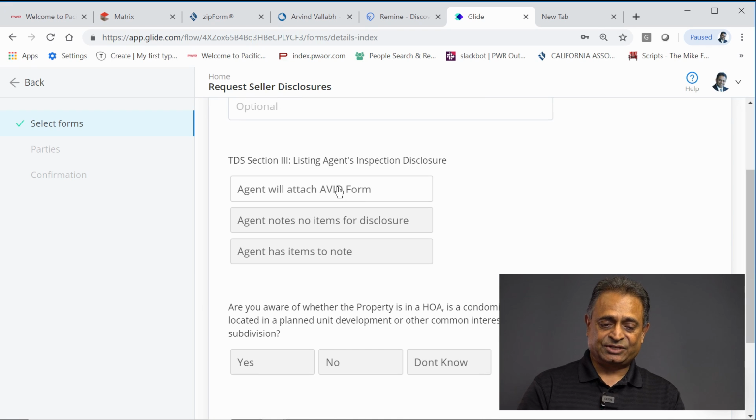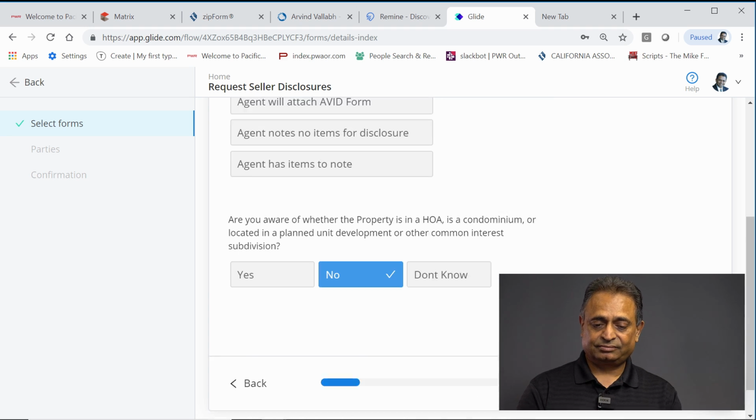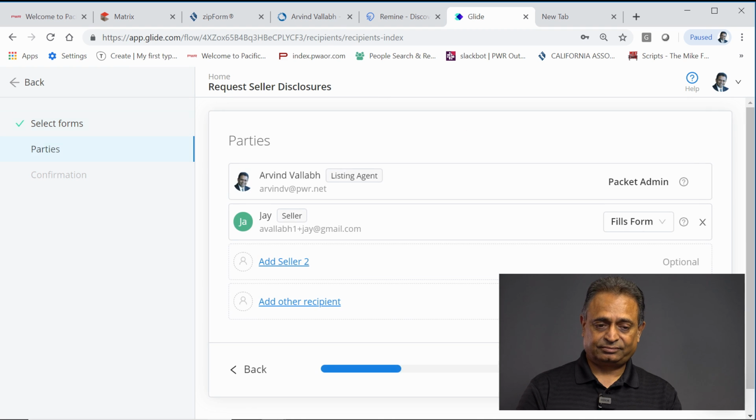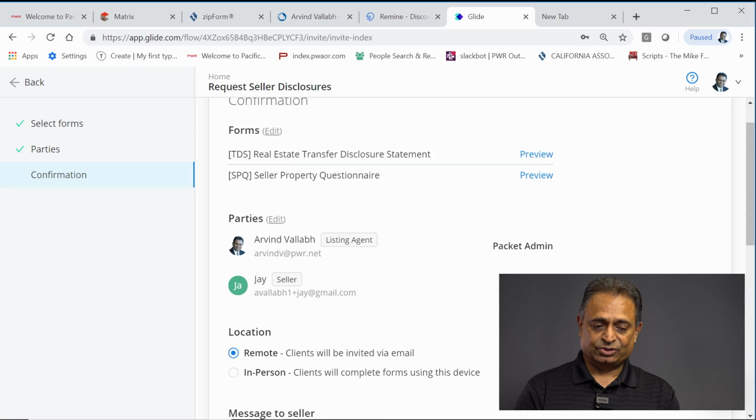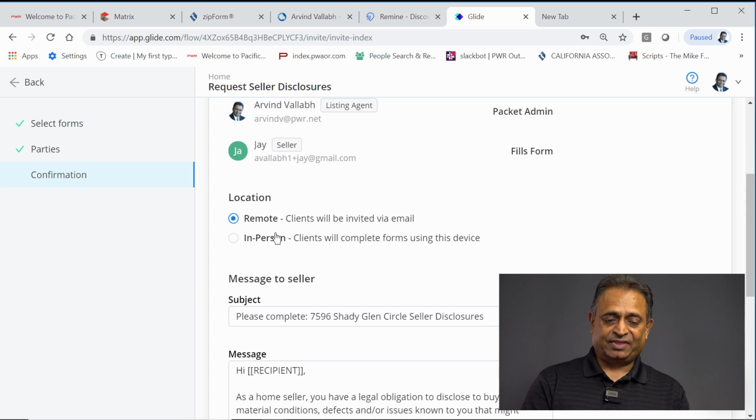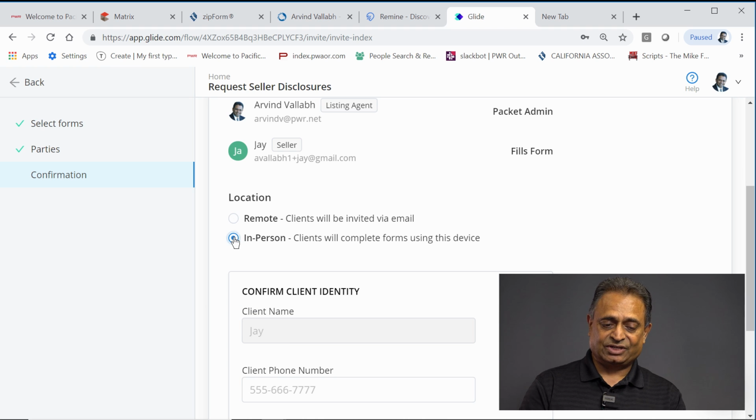Do you want to attach an AVID at the moment? No. So are you aware with the property or HOA? No. And continue. Follow through. Now this is where you can send them an invite, or if you do this in person, they